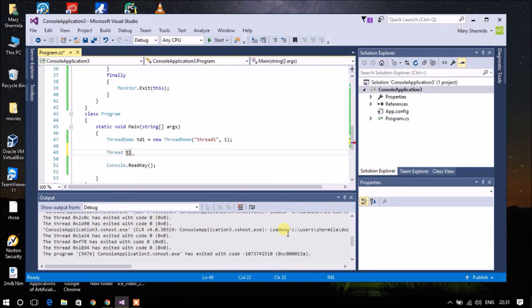This is a predefined class in C#. With the help of this class, you can use all the methods which are defined inside the class Thread.